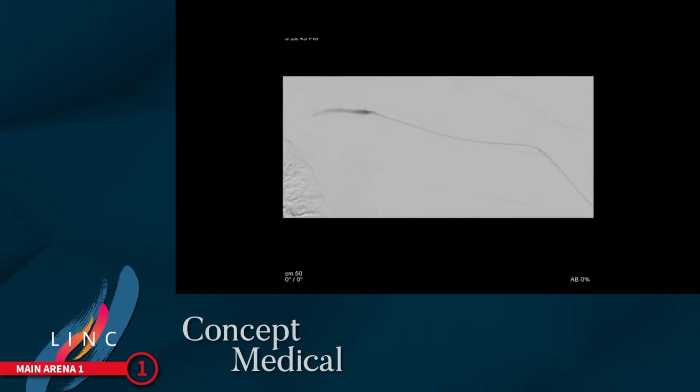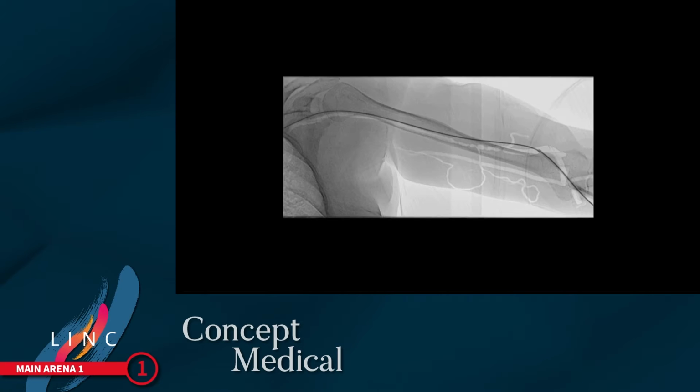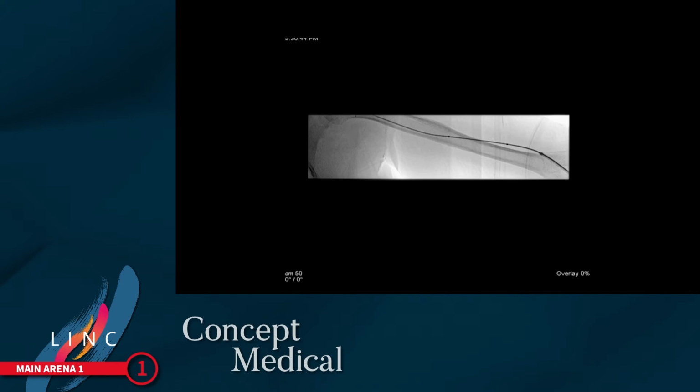Dissection is obviously not a great outcome. So once we're in true lumen, we use the old roadmap. We put it over an 035 non-hydrophilic Teflon wire, and this forms the basis of our intervention. The first step would be an angioplasty with a POBA